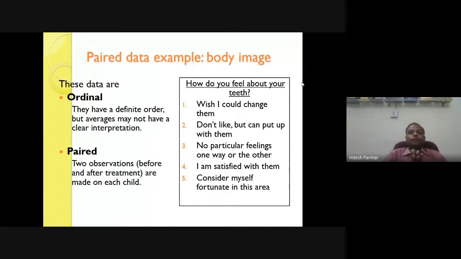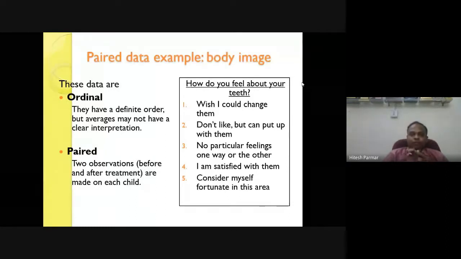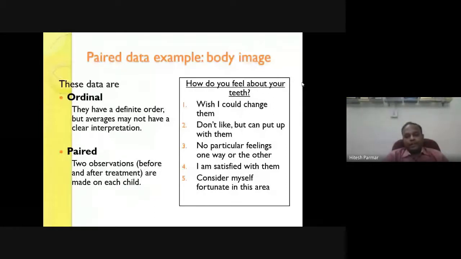Wilcoxon signed rank test can be applied when, number one, you have not normally distributed scale data measured in terms of before and after, but the variable is not normally distributed.